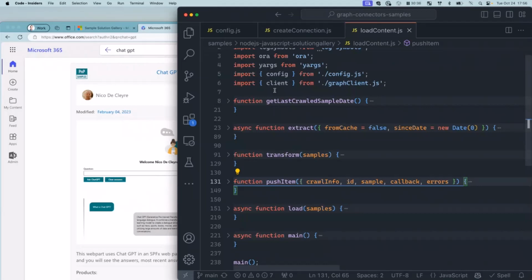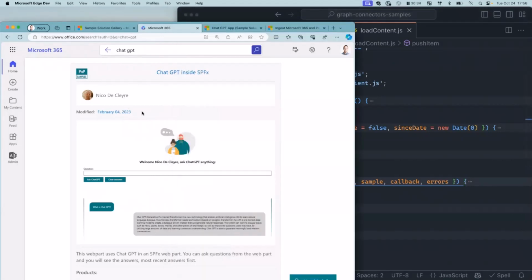3 calls to Microsoft Graph, and you can bring in data from any external source you've got, whether it's a database, a file share, blob storage, or table storage, to Microsoft 365, so that you can really easily find it inside the tenant where you already work. But the cool thing is also these other experiences where you can find out about new things that you didn't even know about based on the activities around them. If somebody shares it, comments on it, or even shares a link, all of that will allow you to find new and relevant things for your work.